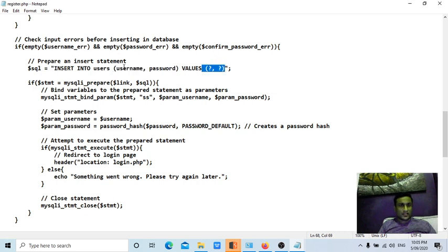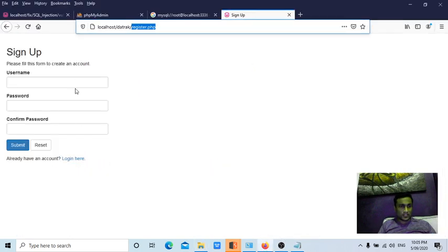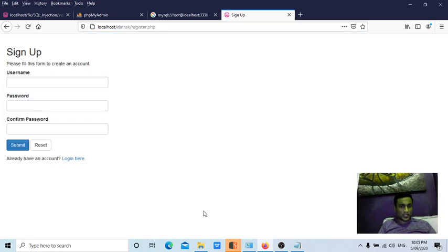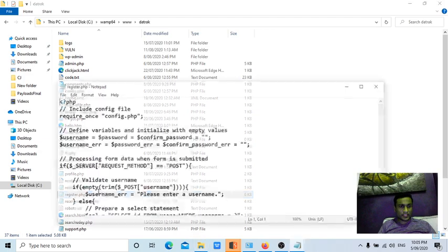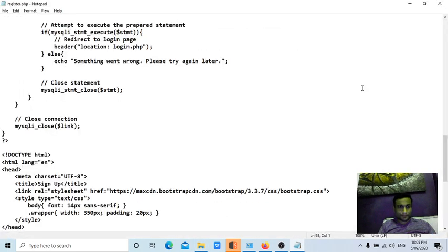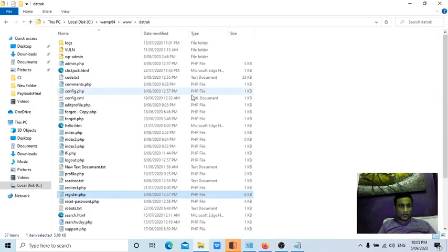So the attacker can check for SQL injection on this page, because using these two input fields, username and password, the query is formed in the backend. Can you see here? Insert into, that is the registration page, username, password. SQL injection can be checked on those variables.